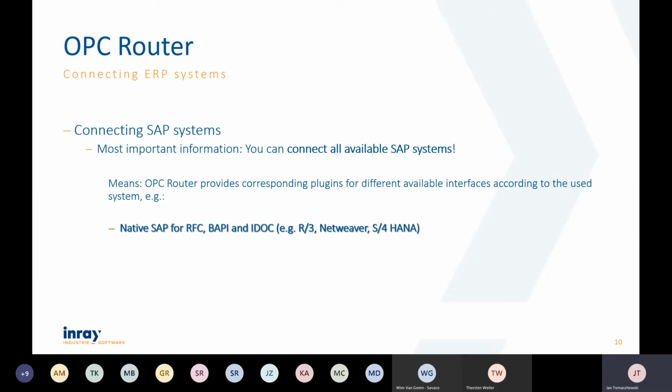Most often used, I think, when it comes to native communication is RFC communication, since the way to SAP and back is easily done, and most SAP programmers are familiar with RFC programming. Then I mentioned the SAP HANA communication. That is also possible, where we connect to the database directly. Certainly,